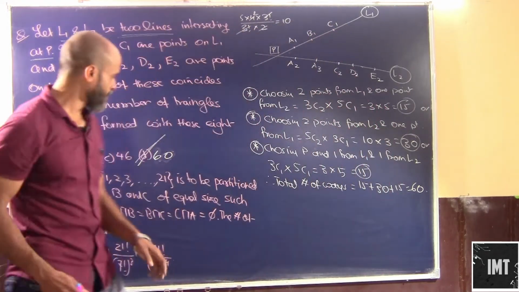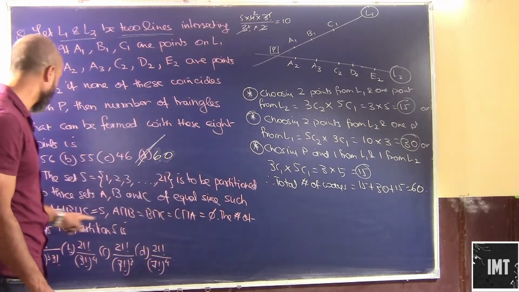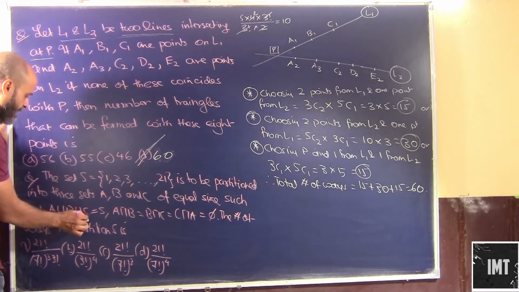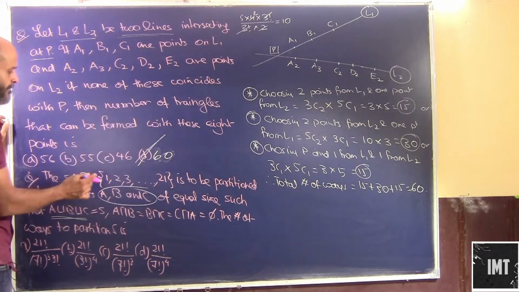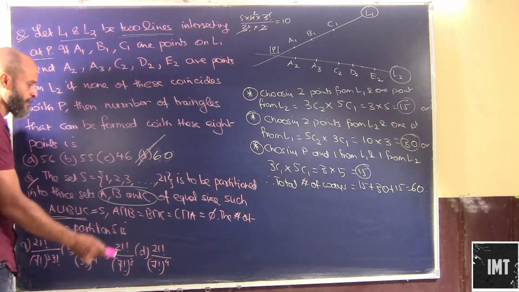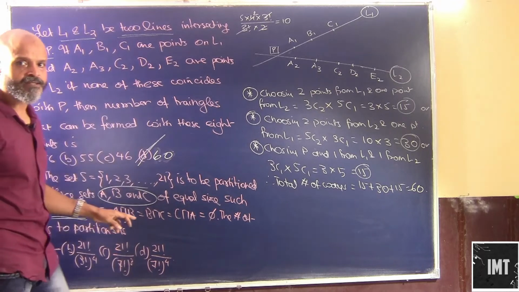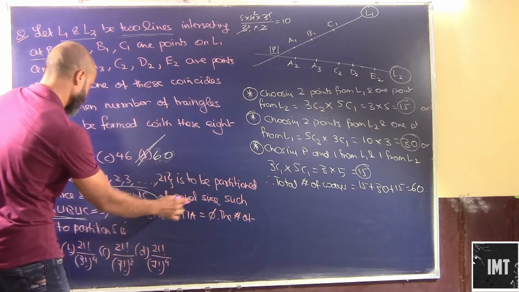Okay, so we have another problem here. The set A is equal to {1, 2, 3, ..., 21} is to be partitioned into 3 sets, basically A, B and C. So we have to make 3 subsets of the set. The set has to be partitioned in such a way into A, B and C of equal size such